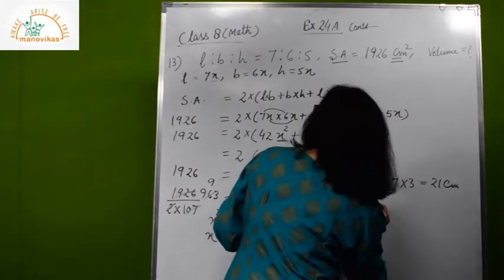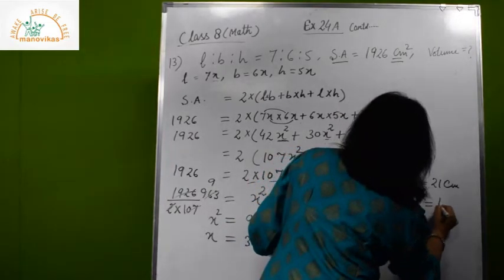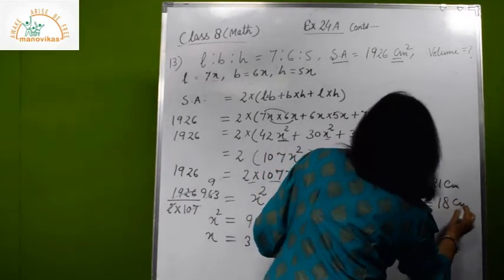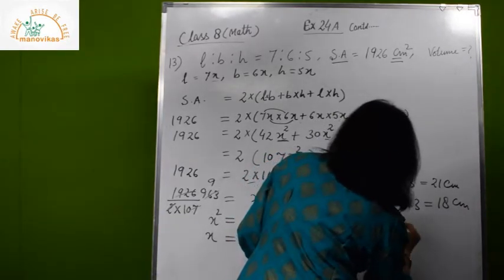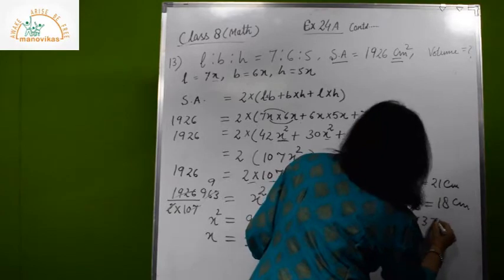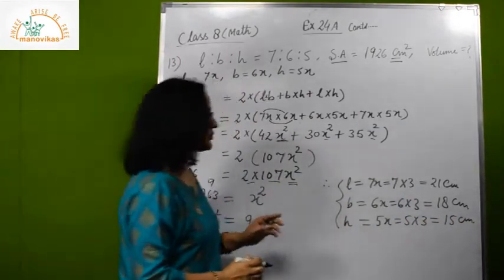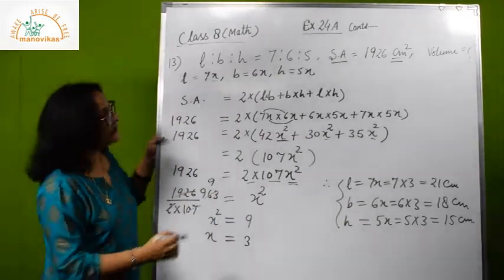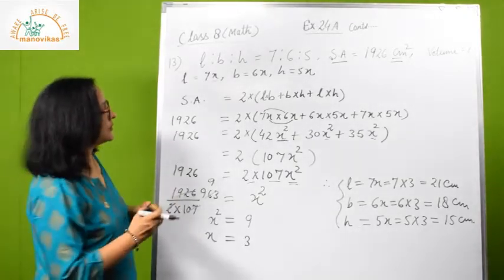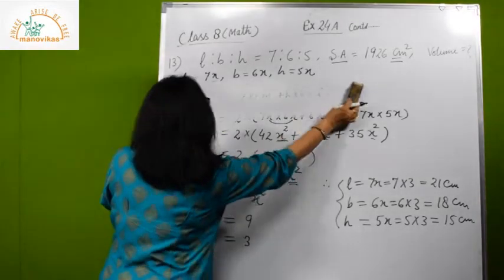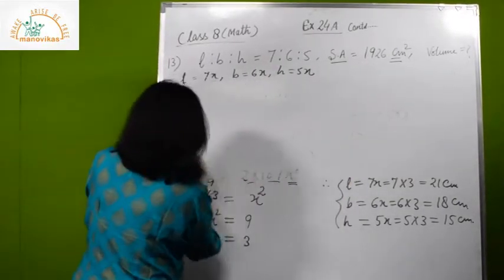Now breadth is equal to 6x. So 6x means 6 into 3, which is 18 centimeter. And height is 5x. So 5x means 5 into 3, that is 15 centimeter. So we have found all the three dimensions of the cuboid, length, breadth and height. Now we have to find the volume. So just apply the formula for volume. You all know the very easy formula, length into breadth into height. So we can apply the formula